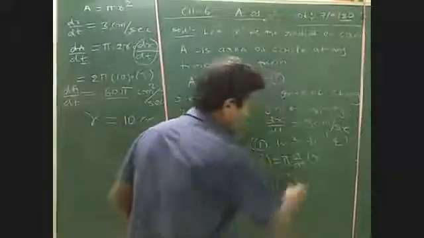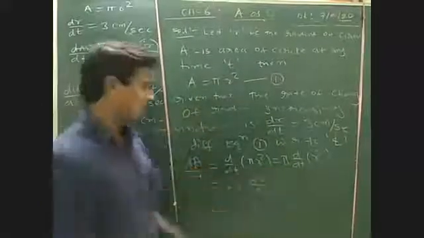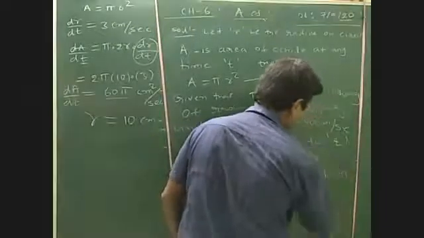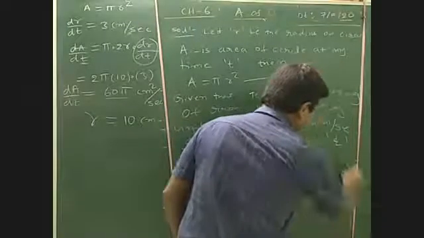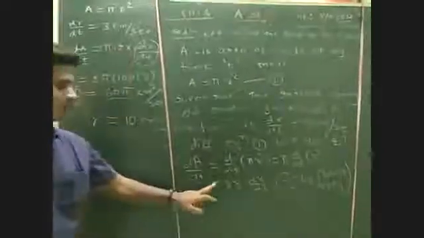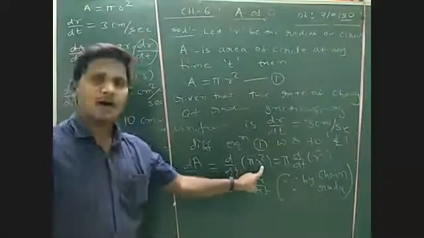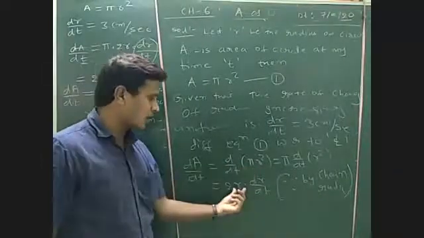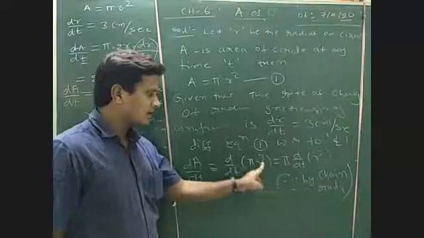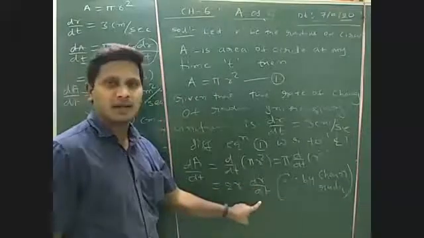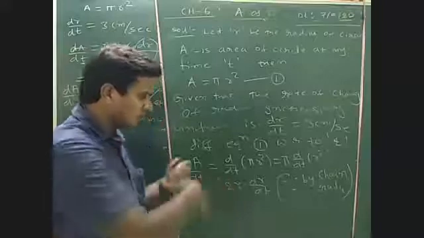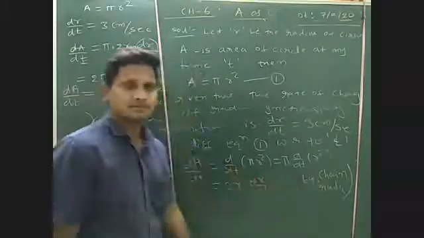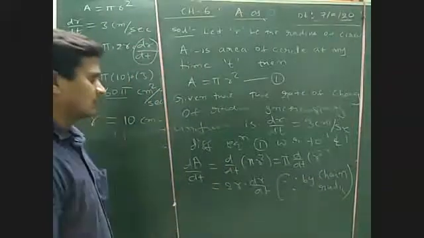In the bracket, you must write here, by chain rule. In every question, you should write by chain rule when you differentiate with respect to t. See, with respect to t, r is here, you are doing two derivatives. One is r square is 2r, again the derivative of r with respect to t is dr by dt. Whenever you are doing a derivative twice, you must mention by chain rule, in every question.